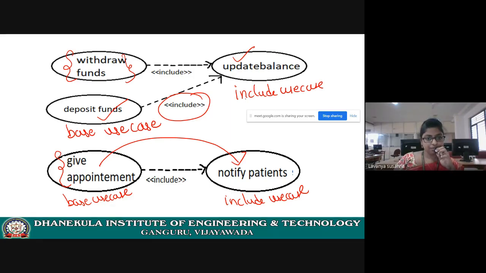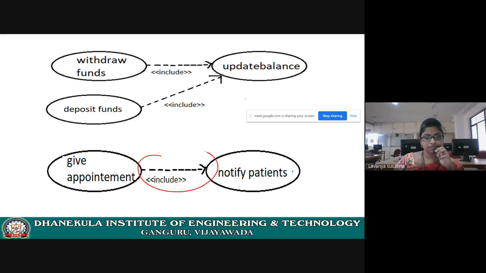What is the relationship between give appointment and notify patients? Include. And what you need to observe, see the graphical representation of include: dotted lines and then an arrowhead. See here, the arrowhead must point to the include use case. Next,